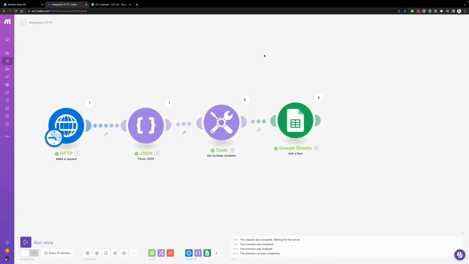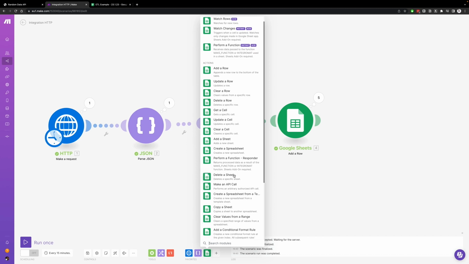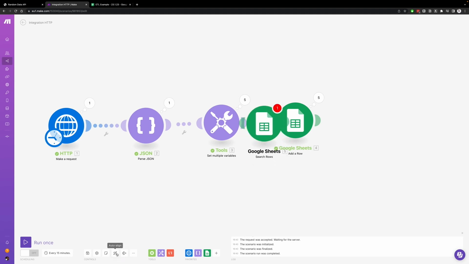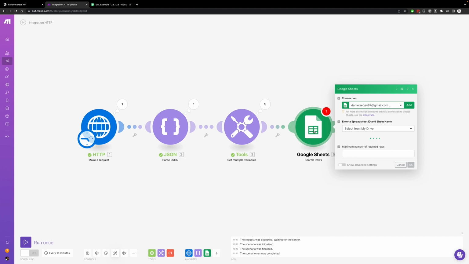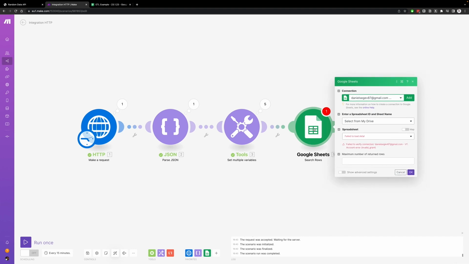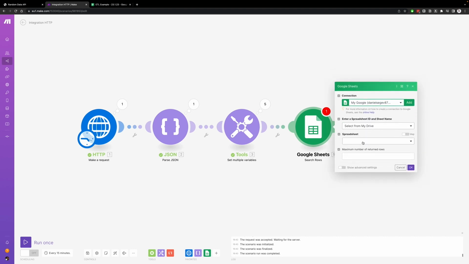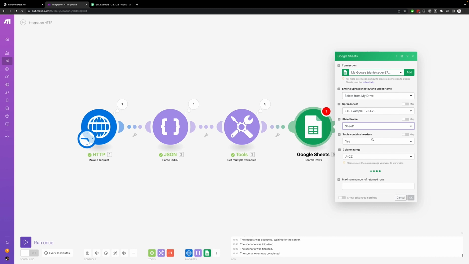Pretty simple. Let me look for the search rows module, and we're going to place it right here before the add row module of the Google Sheets. Now we're going to look for our relevant spreadsheet, which is ETL example, sheet 1,